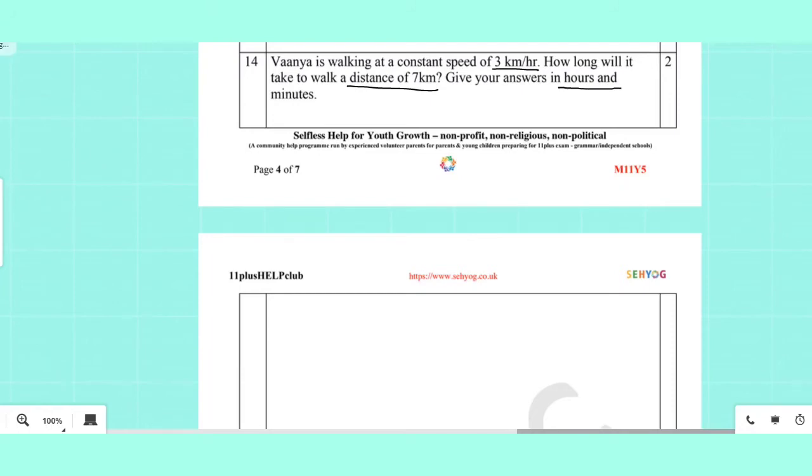Give your answer in hours and minutes. So, the speed is 3 kilometers per hour. And this is a very important kind of question because you have to express the time broken up in hours and minutes format. So, the distance is 7 kilometers. Dividing it by the speed, we will get the time taken in hours. That is 7 divided by 3